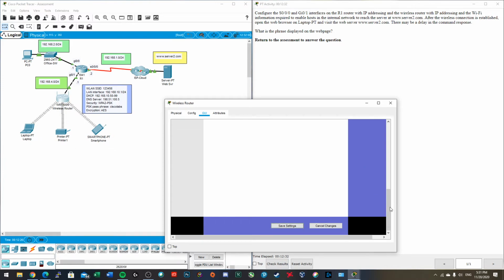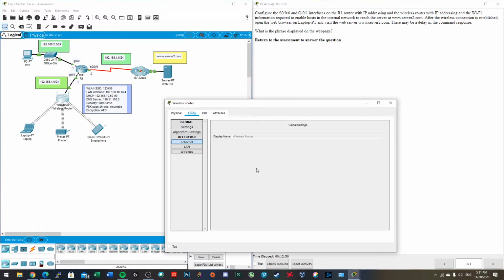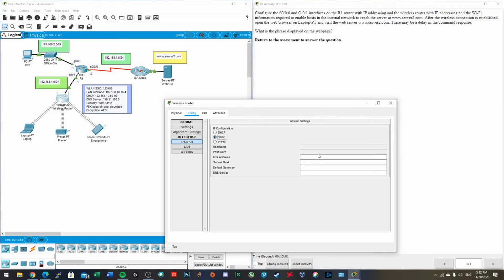So if you have reached this part and you are not sure why you're still not able to connect to the web server using Laptop PT1, that is because this link is broken. Because of this issue with the configuration conflict, you won't be able to go across this wireless router. Now look at how interesting this is. If I just go back to the config tab, and I go back to the internet setup, set it to static again, and give an IP address within the same network,